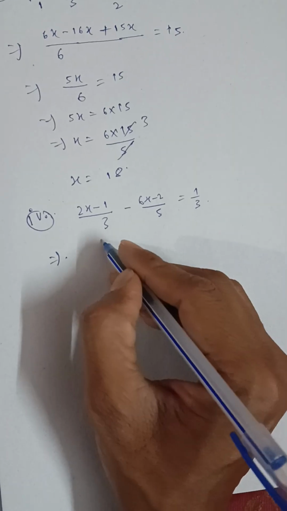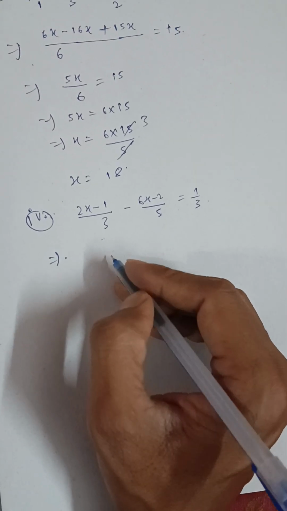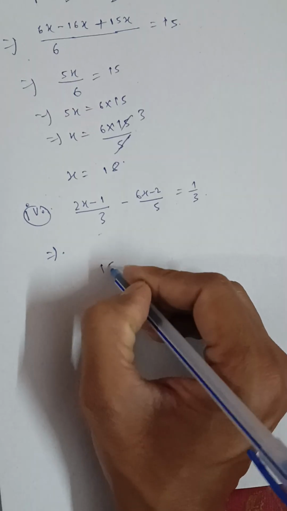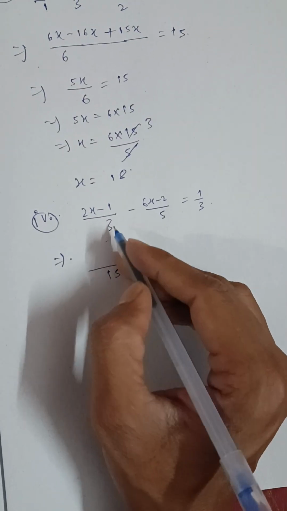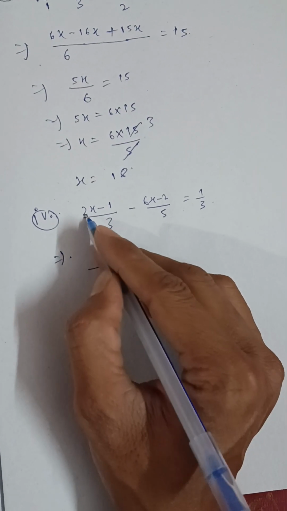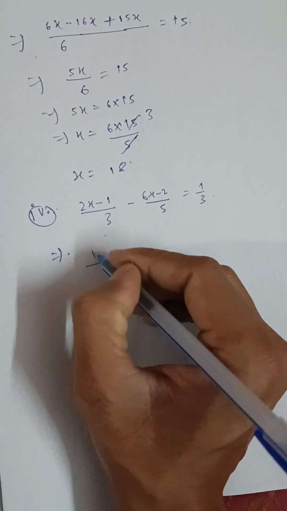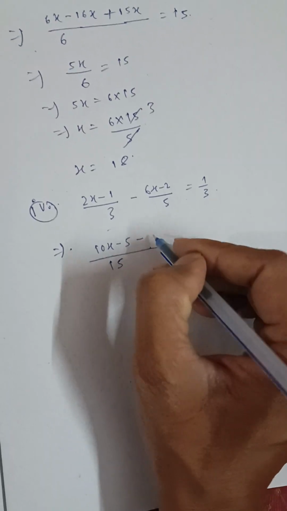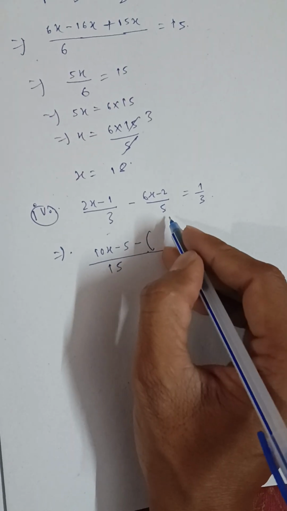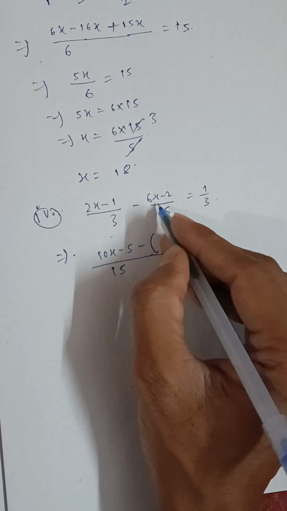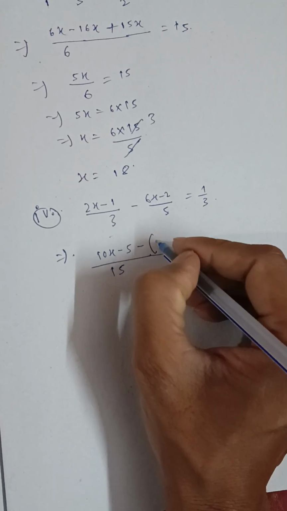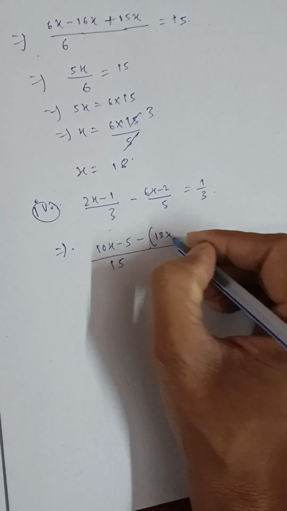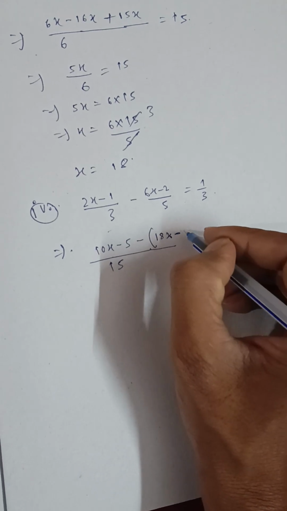So LCM of 3 and 5 is 3 into 5, that is 15. So 15 divided by 3 equal to 5. 5 into (2x minus 1) equal to 10x minus 5, minus, 15 divided by 5 equal to 3, 3 into (6x minus 2) equal to 18x minus 6